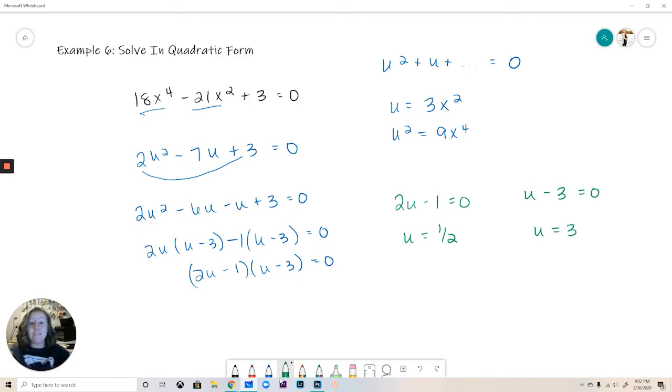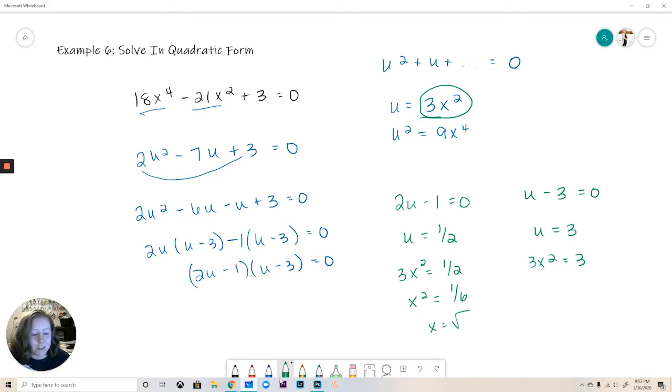I would love to call it done at this point, but we do need to put back x because we're solving for x and not u. But if you guys remember right here, 3x squared is what u is equal to. 3x squared equals 1/2. 3x squared equals 3. So I'm going to solve for each of these. I'm going to divide this by 3 for the first one,